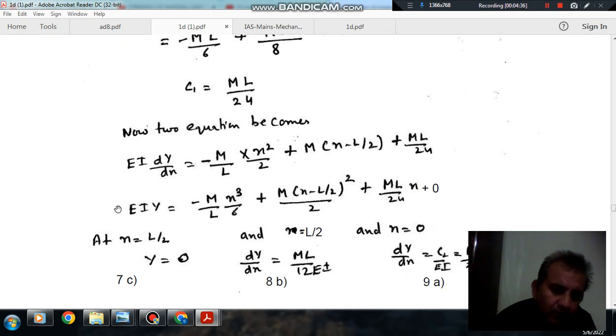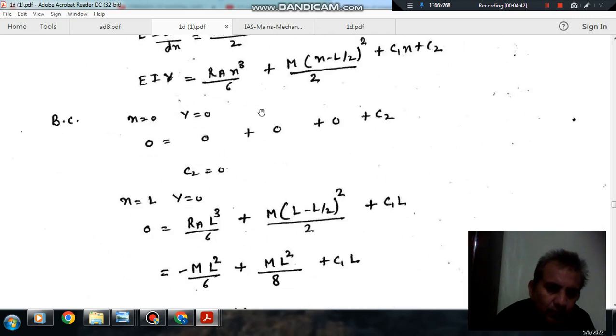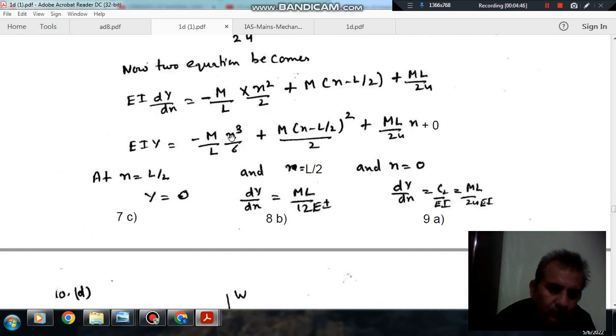Okay, now if you want to find out the deflection at midpoint, so x at midpoint is L by 2. So putting L by 2 in this equation, this is L cube by 8, or L cube by 48, and this will be 0 because when you put x is equal to L by 2, this term is 0 because L by 2 minus L by 2 is 0. Okay. And this term will be ml square by 48, and this will also be ml square by 48. So this is minus, this is plus, so this is actually 0. So answer to question number 7 is C.